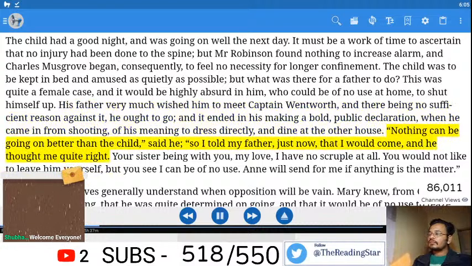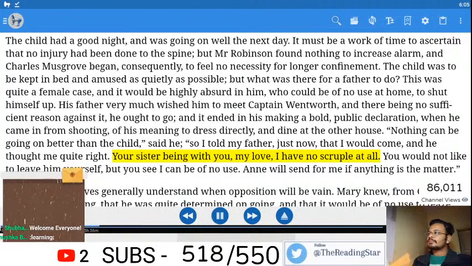"Nothing can be going on better than the child," said he, "so I told my father, just now, that I would come, and he thought me quite right. Your sister being with you, my love, I have no scruple at all. You would not like to leave him yourself, but you see I can be of no use. Anne will send for me